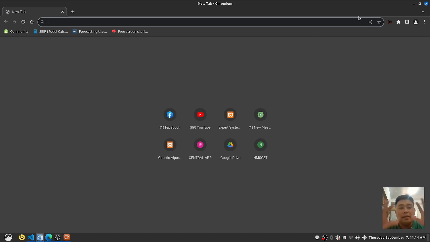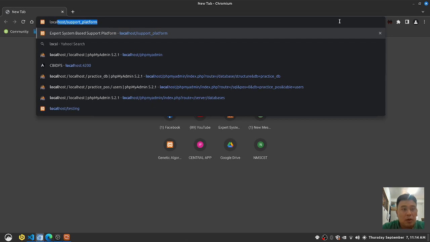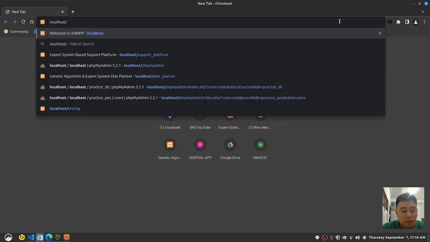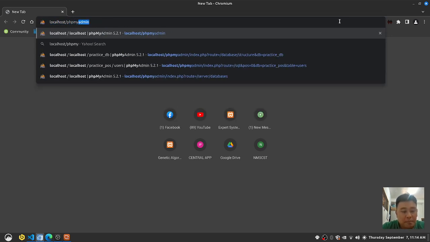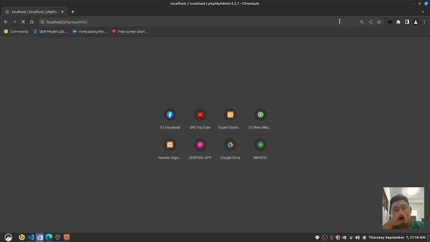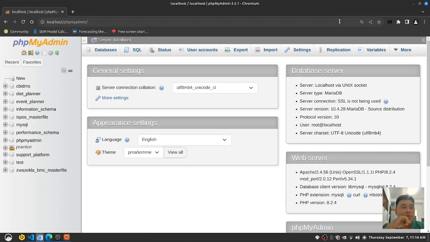Now that XAMPP has started, Apache and MySQL are running. Here, you need to go to localhost/phpmyadmin. Okay? After entering that link, you will see the user interface of phpMyAdmin, the database engine we are using. So we will click here on New,